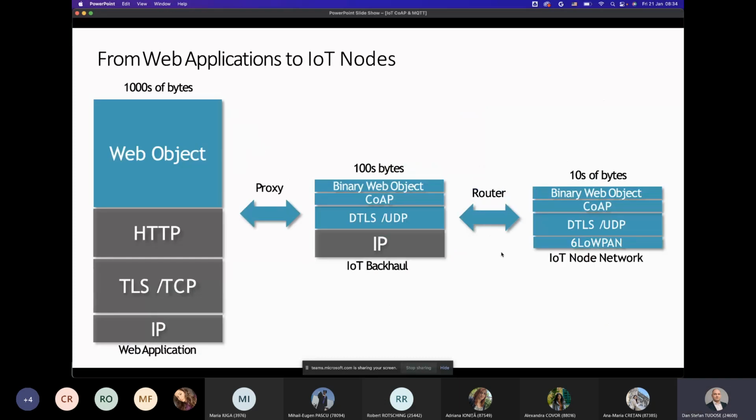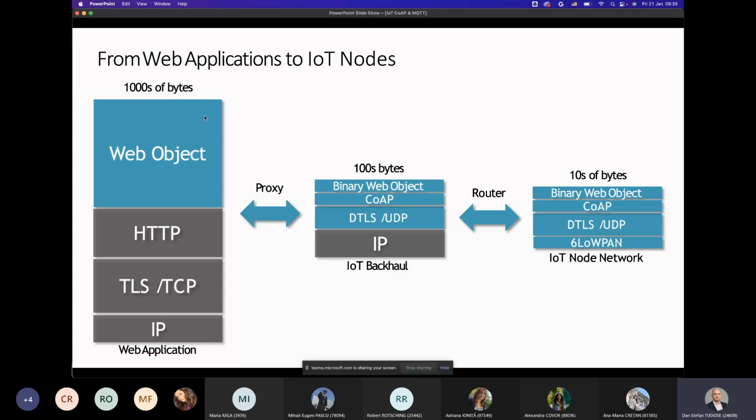Whenever you are looking at how messages are handled through such a network, you usually go from web applications that transfer data over the internet, where packages usually are in the terms of thousands of bytes.